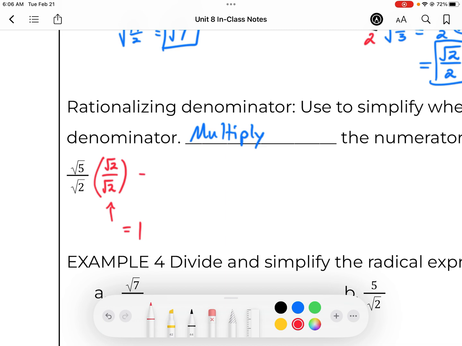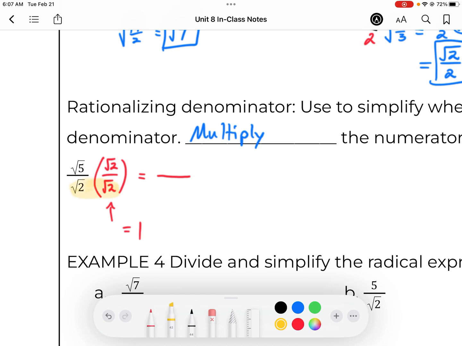Okay, and what this does, it rationalizes that bottom number, because these square root terms that can't be simplified are considered irrational numbers. They're numbers that can't be written as a fraction of integer values. So they have these decimals that go on forever. Well, I'm going to rationalize that. I'm going to turn the bottom of the fraction into a rational number, a number that is not a never-ending, never-repeating decimal. So the root 2 times root 2,